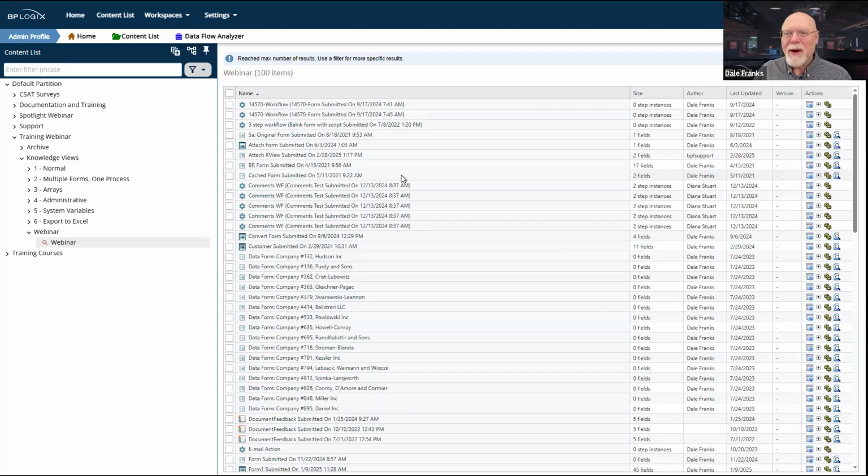We had a customer who decided that their home page for every single user should be a knowledge view that returned, I think it was like 2,500 to 3,000 rows. So every time anybody logged in, and they had a lot of users, by the way, it wasn't like some small customer. They had a fairly large user base, which means that at any given time, there were hundreds of users who were going to their homepage. And every time you went to your homepage, you had to be served 2,500 rows of data.